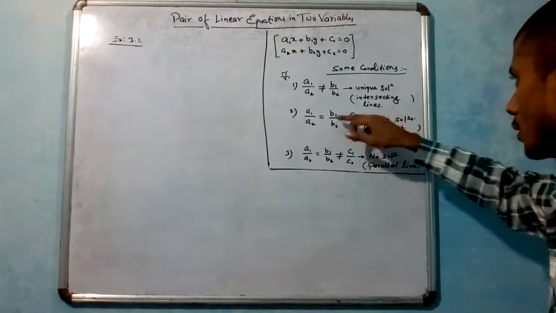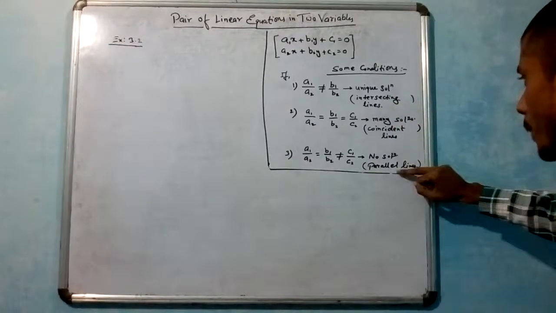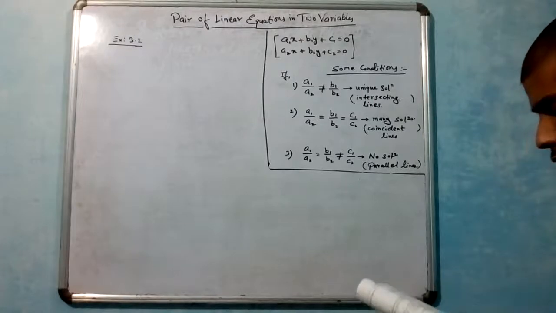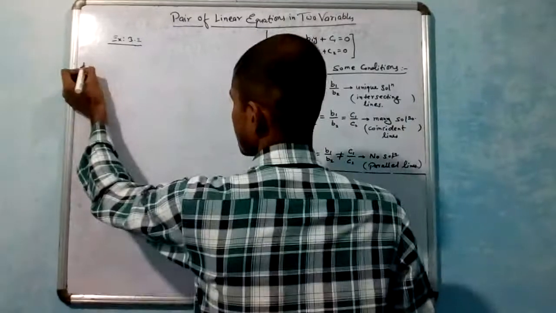Okay, after comparing you tell whether the lines will be intersecting lines or coincident lines or parallel lines on the graph, that it is asking you. So let us take one and understand, easy only. Let us take the third one